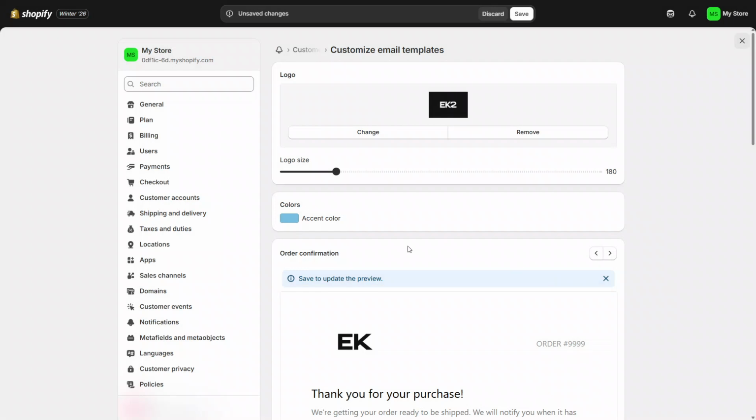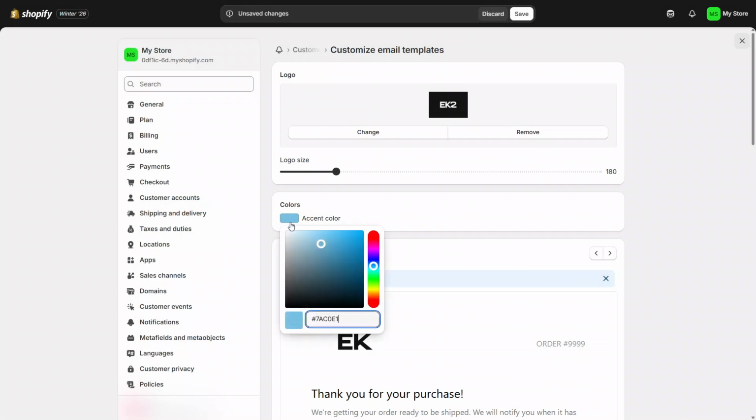You'll also see an option for accent color. Click the box next to accent color to open the color picker. Here, you can choose a color that matches your branding, such as a key color from your logo or website theme. This accent color will be used for buttons and highlights, helping the thank you page feel cohesive with the